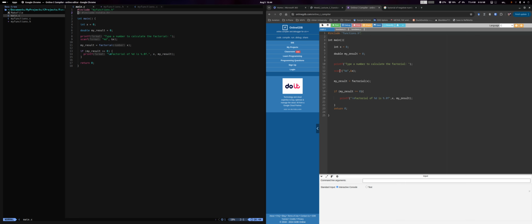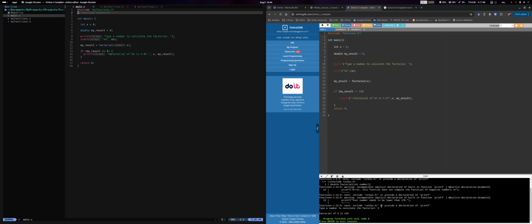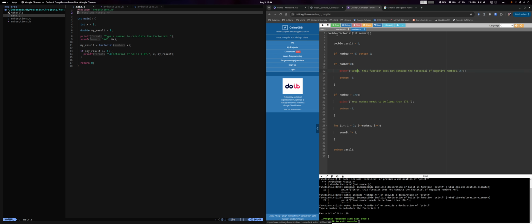So it is working, I guess. So factorial 5 is 120. Printf on function C, line 21. Include this, provide declaration of printf. Oh, of course, I forgot to